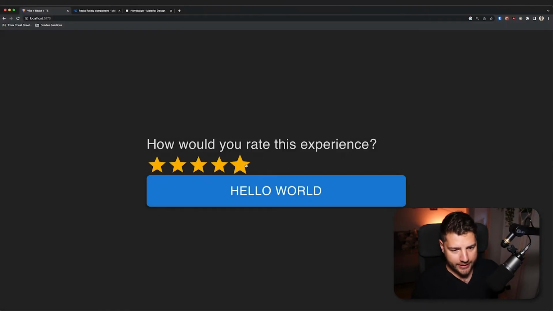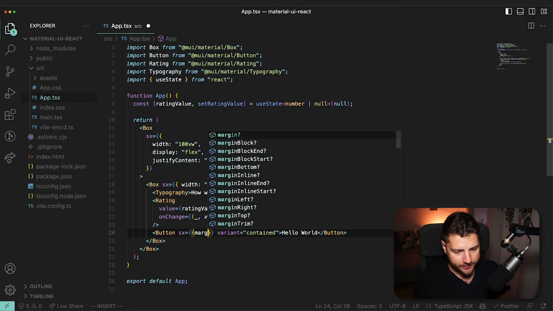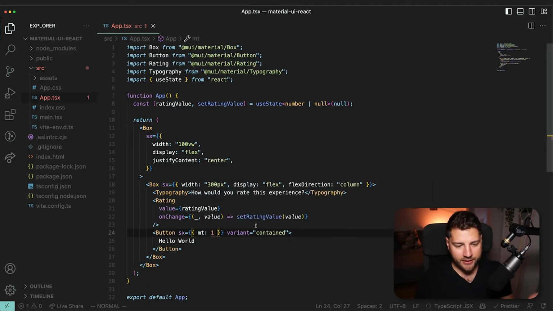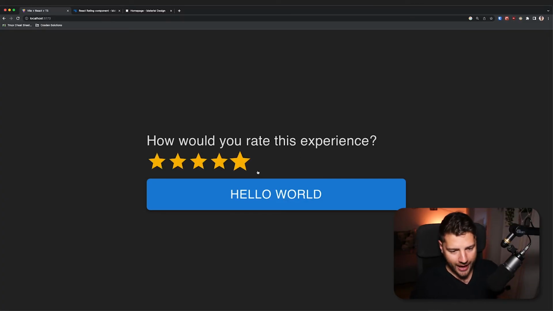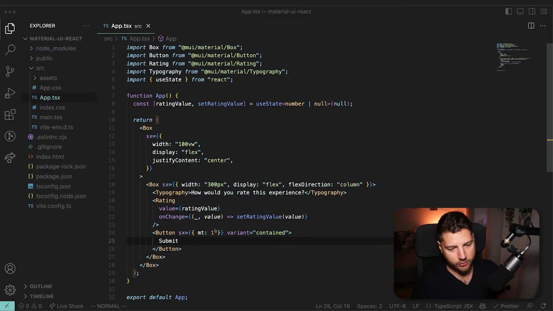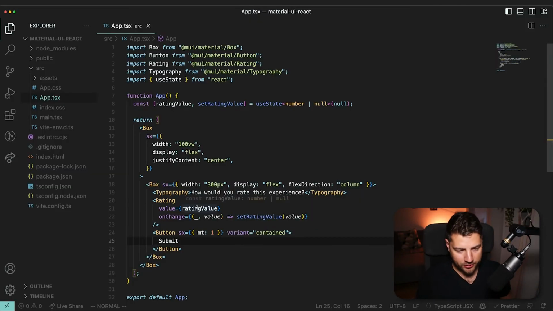What I want to do is, first of all, make some space in this button here, do SX, and then margin, actually it's MT, and then it's going to be 1. MT stands for margin top, and 1 is essentially Material UI's way of doing that. This will just make some spacing between this button here, which is what we want. Actually, I want to change this hello world to submit, right? Because we want to actually submit something,